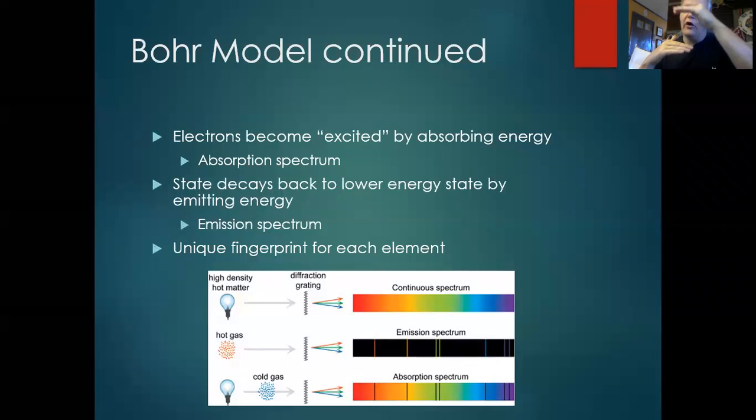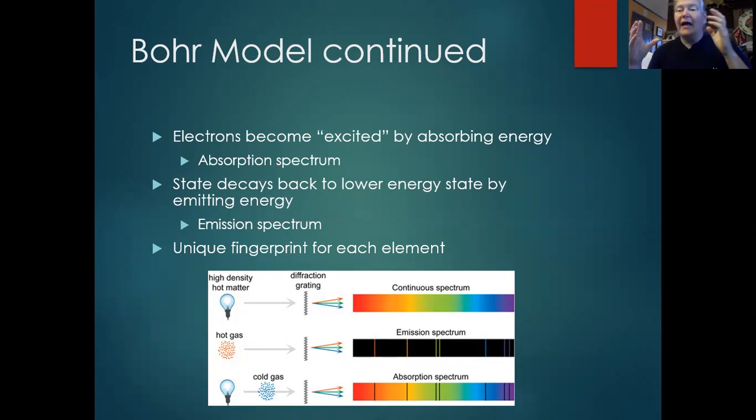Or it could go 4 to 3, 3 to 1, or 4 to 2, 2 to 1. In all the cases, the total energy has to stay constant. So the more jumps you make, the lower the energy of each individual photon. Okay, so that's why even though hydrogen only has 1 electron, it has a complicated spectrum, because it has a lot of different ways that it can jump between these levels and get back to where it started.